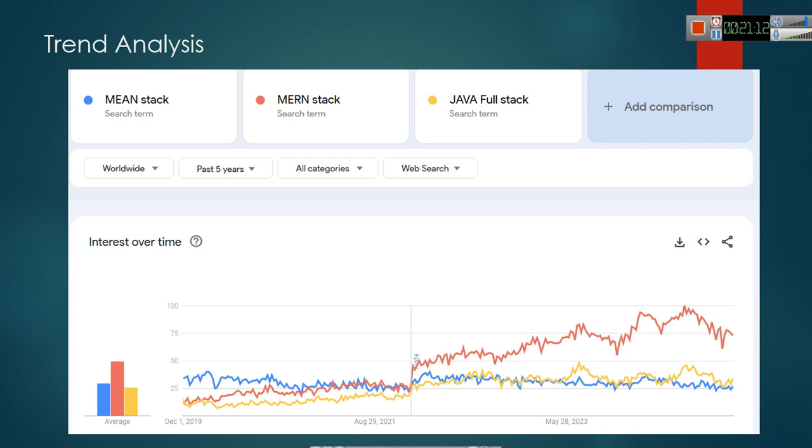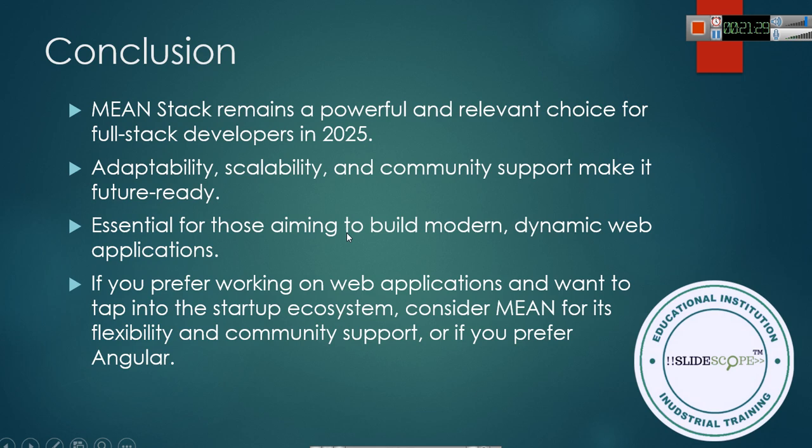This particular analysis is something that you can also do, although it is worldwide past 5 years data. In your country, the case may be different, so you can go to Google Trends and search accordingly. And so the conclusion is MEAN stack remains a powerful and relevant choice for full stack developers in 2025.